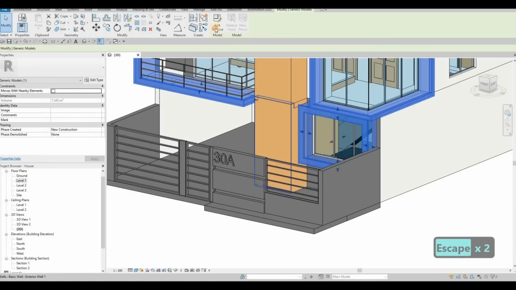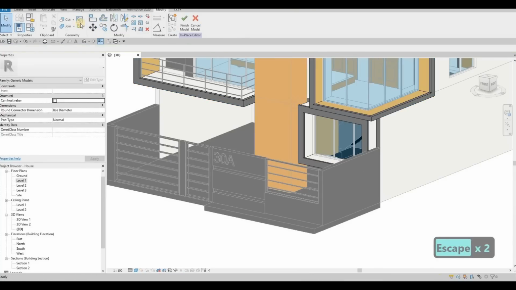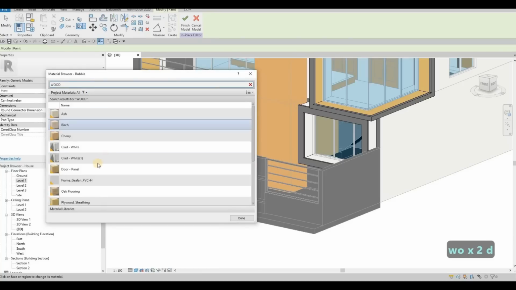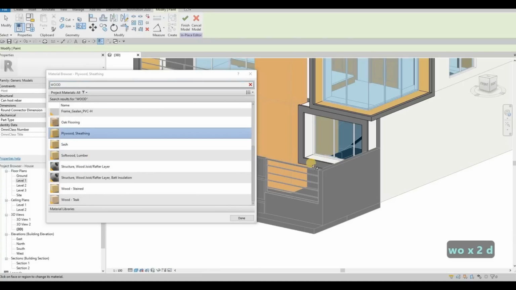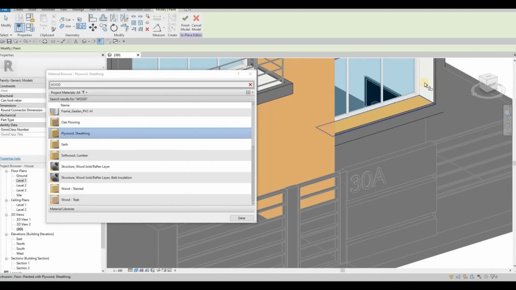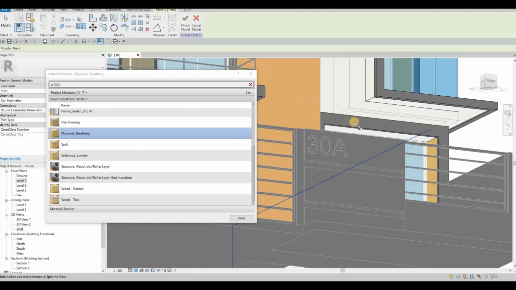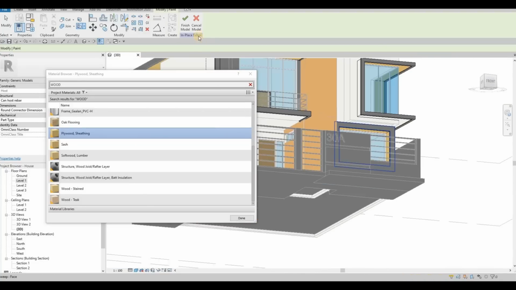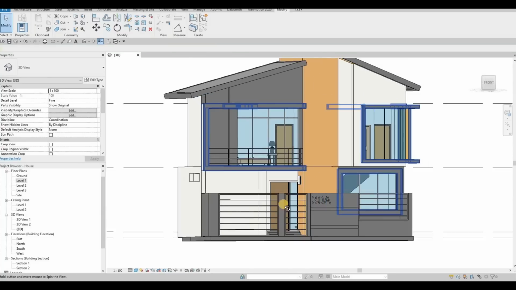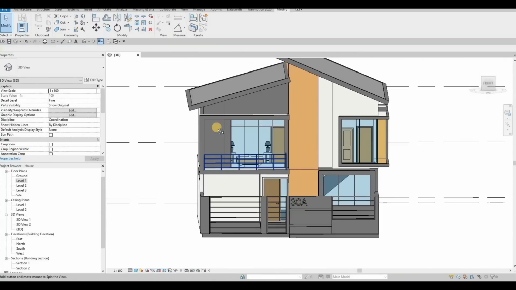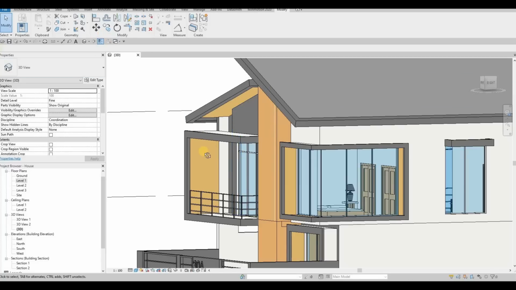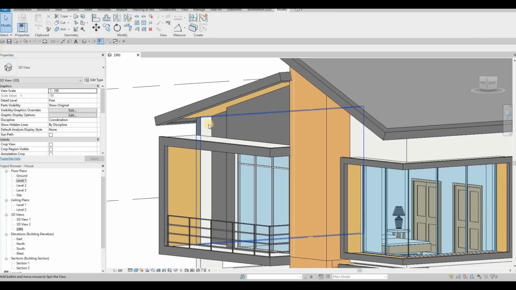But I believe we need to select this one, edit in place, in order for us to add the wood, because it's a model in place. And for model in place, you need to go to those in order for you to change it. So as you can see, we need to go there and then click finish. So now it's similar to the others that we have. And then here let's put in the